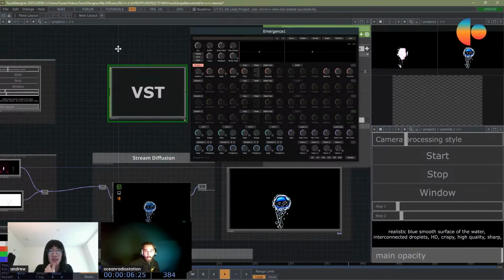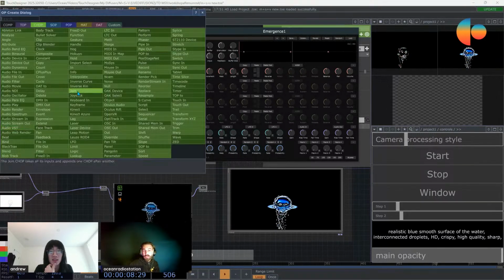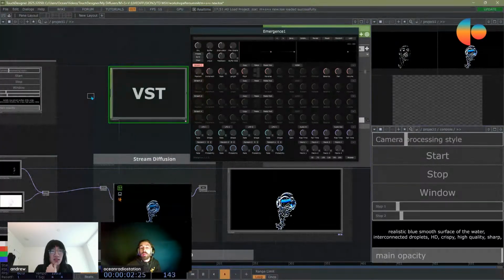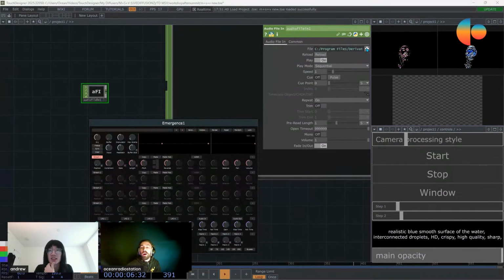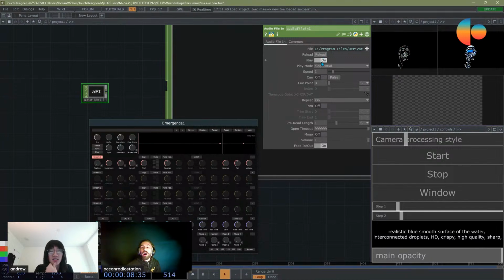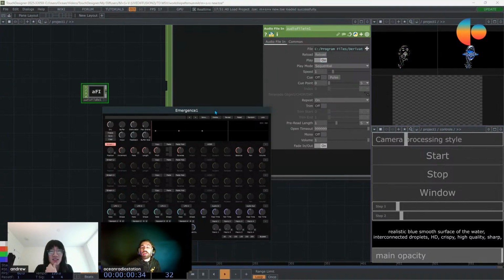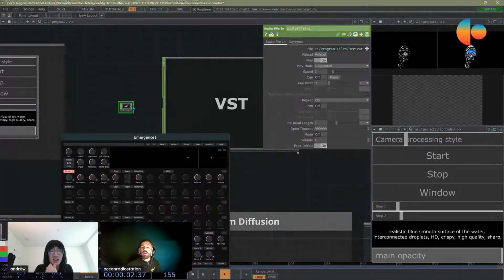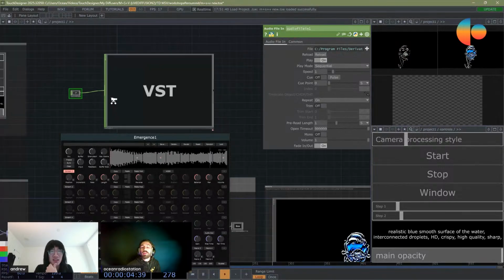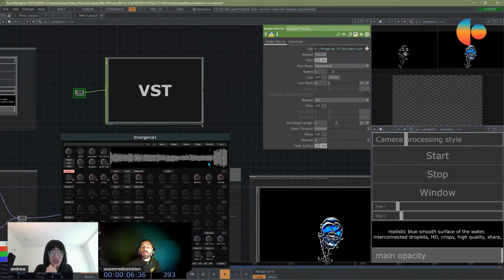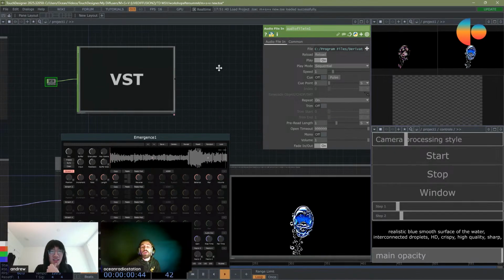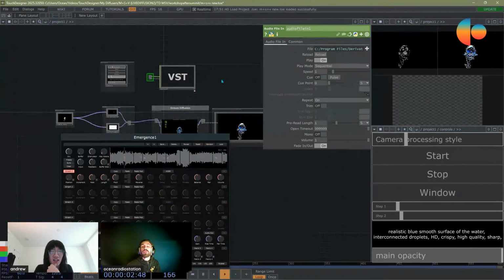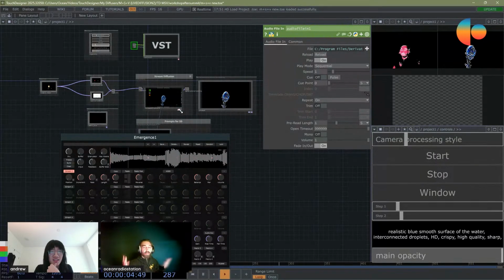If you have just a simple audio file in, for example, and I play it, I need to also connect it, of course, and you see the audio is coming through. Then you can go out with the audio and use it to influence anything.